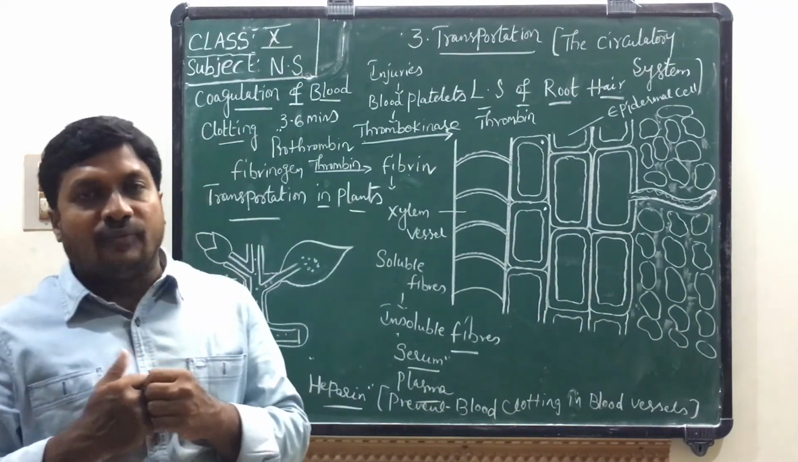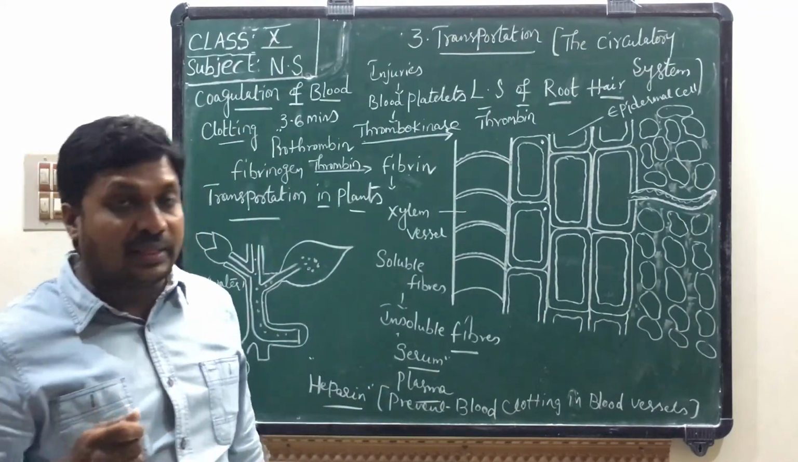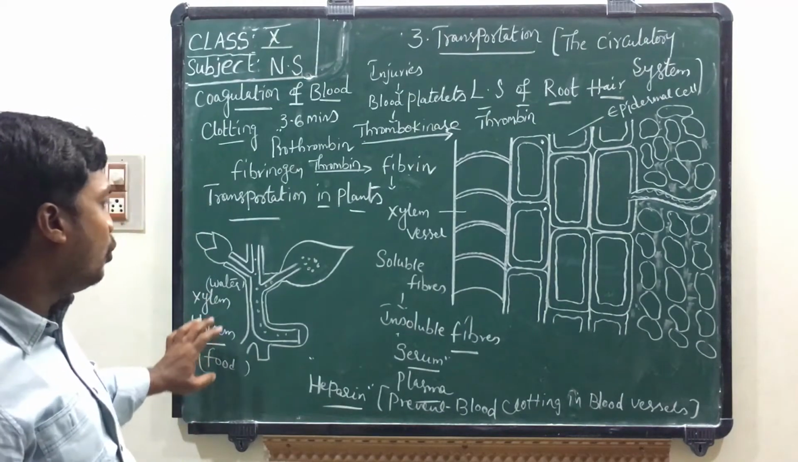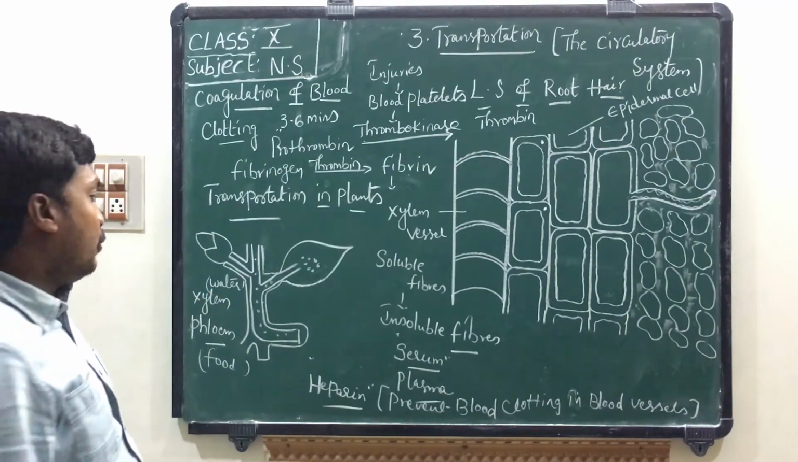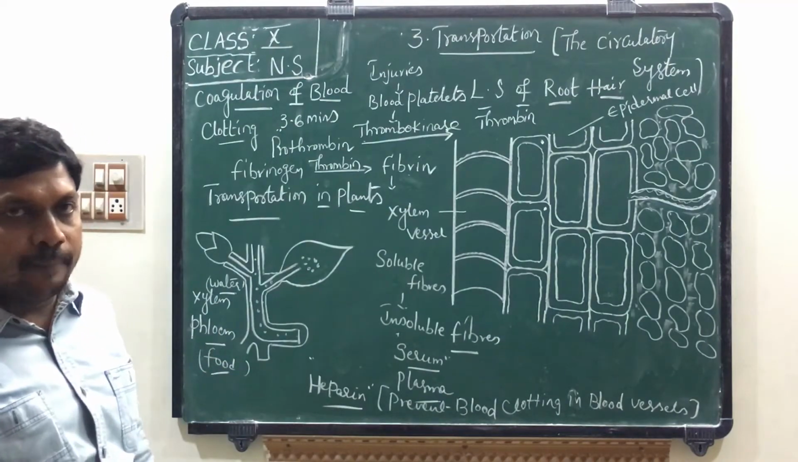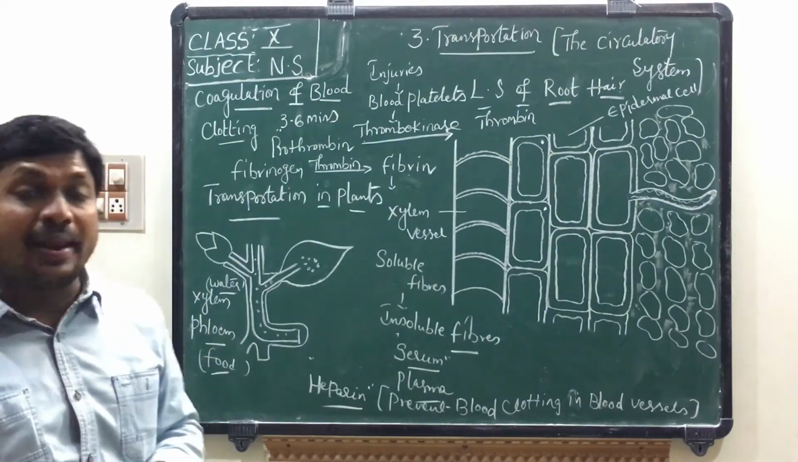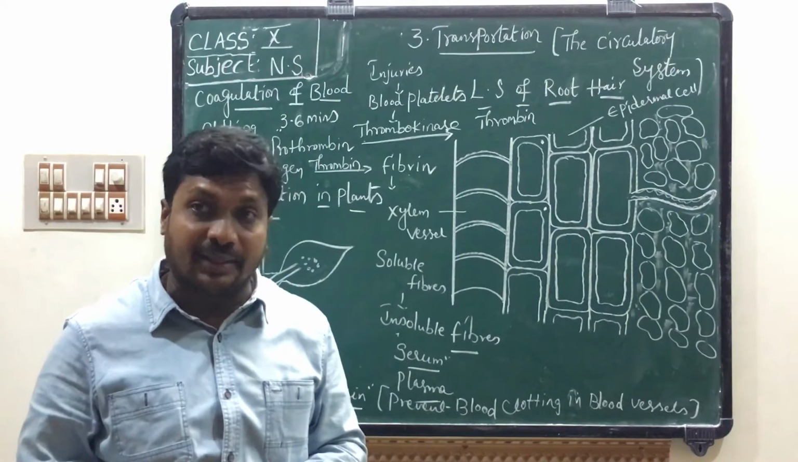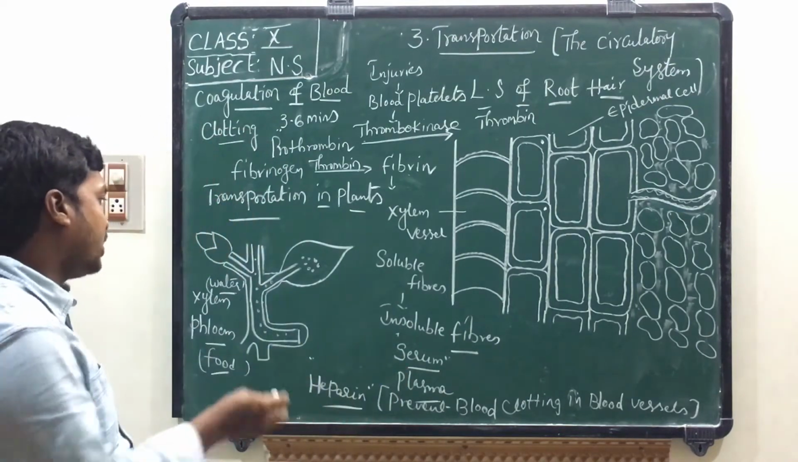We learnt in the first lesson the TS of leaf. In that we learnt about xylem and phloem. Xylem is helpful to transport water, phloem is helpful to transport food material. These are the two tissues known as vascular tissues you learnt in 9th class, which are helpful for transportation of water